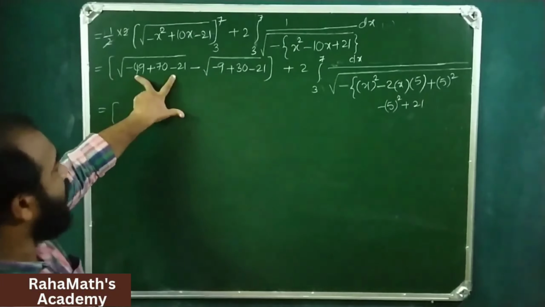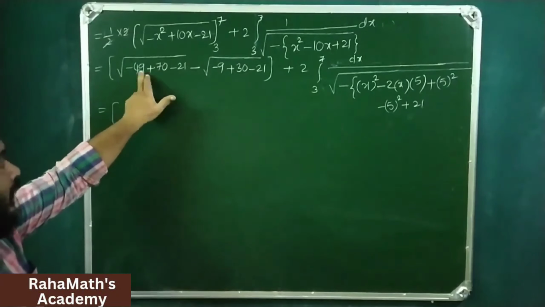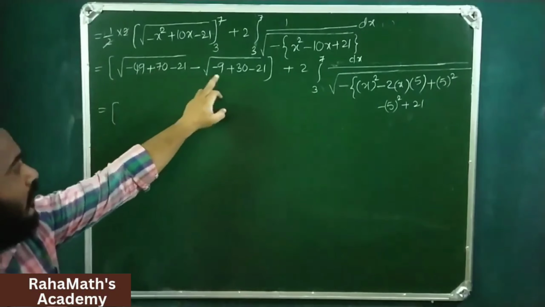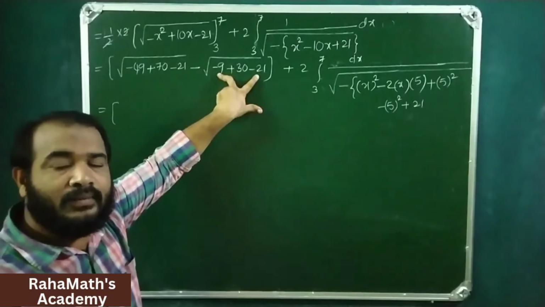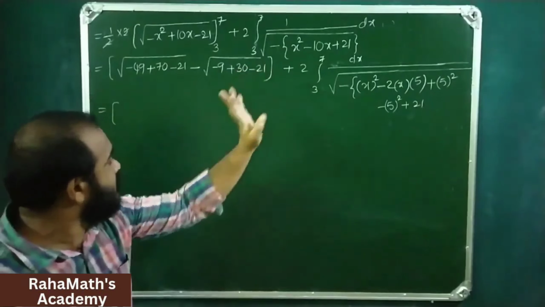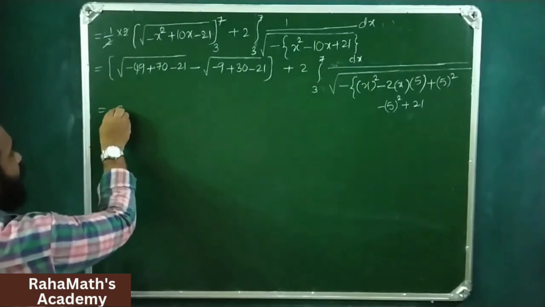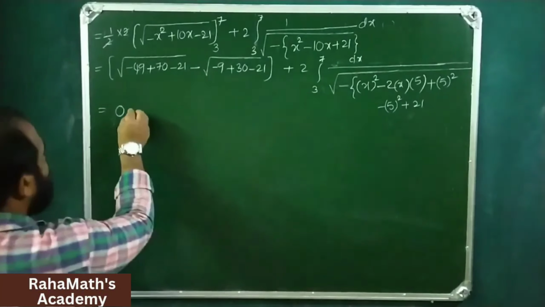So minus 49 minus 21 is plus 70. Minus 70 plus 70, this is 0. Minus 9 minus 21 is minus 30 plus 30. So this is all 0. Simply 1 0 I'll write here. Plus 2